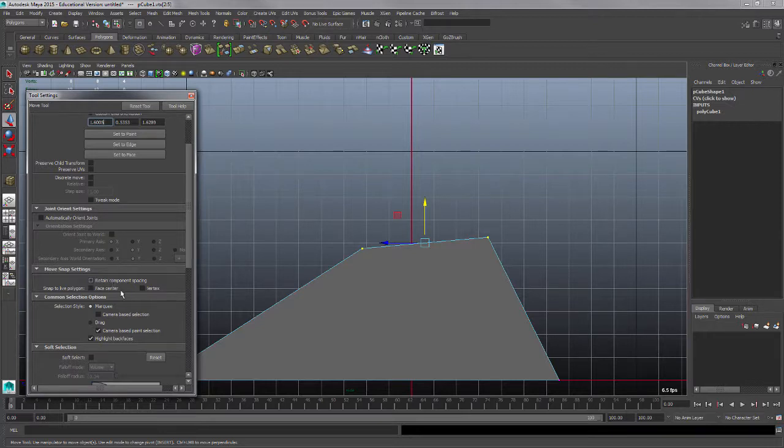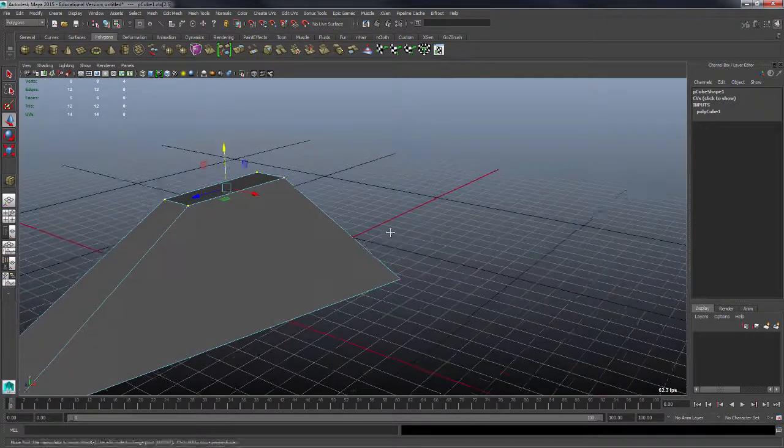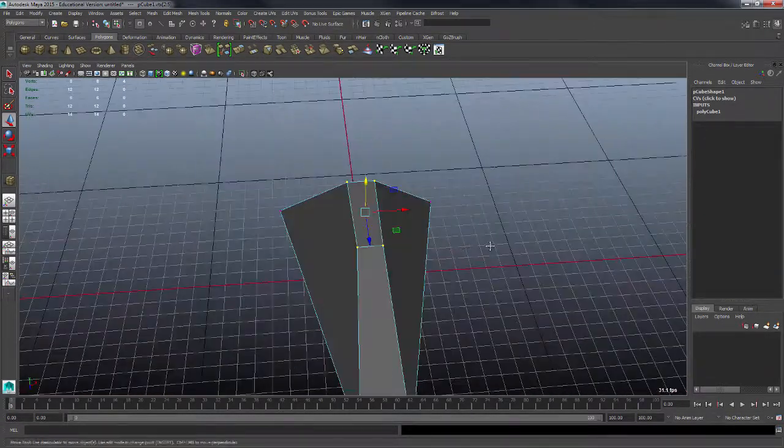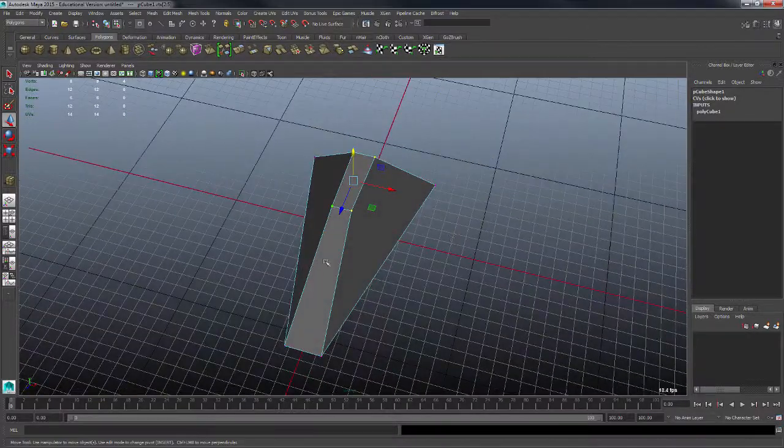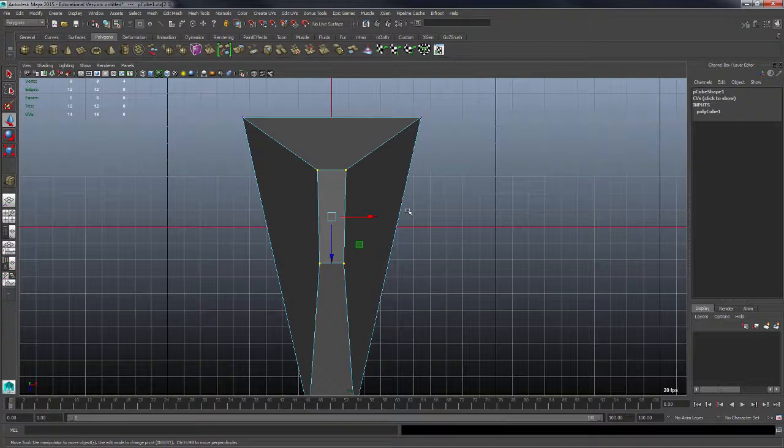So I like to have that off, and once that's off, you can see now I've got a group selected, and if I hold down X and then move up in that one axis, it snaps everything to that grid position like this here. Okay, so definitely try that out and get used to the way that thing moves like that. I'm going to tap the space bar, go to the top view again real quick,